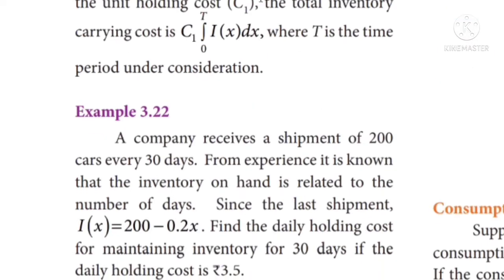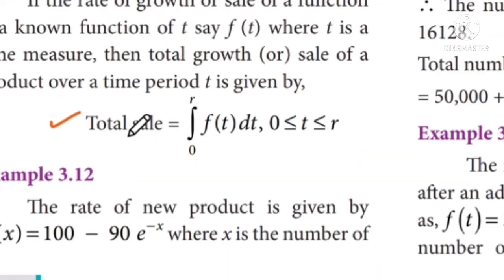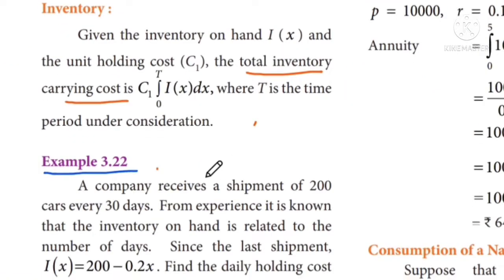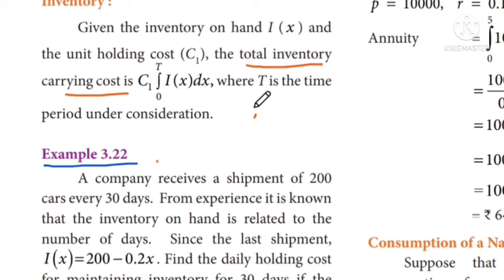Today we'll see example 3.22. The total sale. This is the formula we already learned. The total sale is the integral from 0 to R of f(t) dt. The same formula we're using here. The total inventory cost is the integral from 0 to time